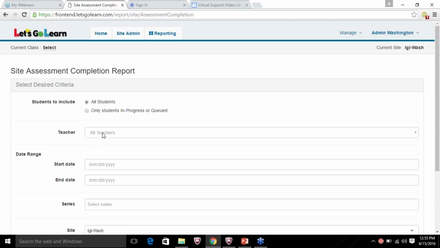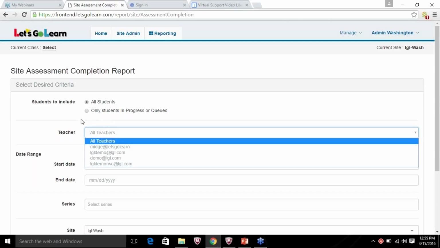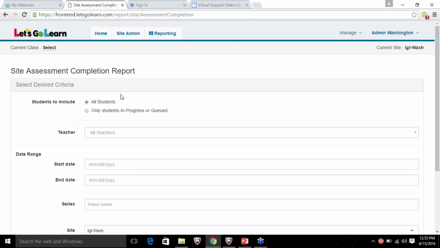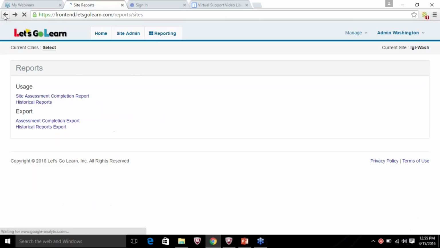You could then run a report and make sure that students have actually completed that. It will show you if they're in progress or if they've been queued up and that's sitting ready for them to take that. So that lets you follow up with teachers or students as necessary, making sure everyone is where they need to be as far as assessment completion goes.